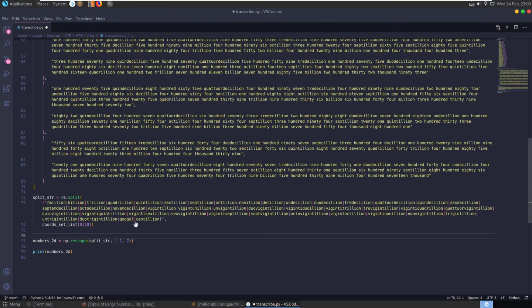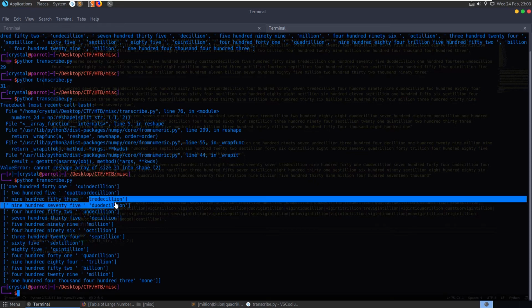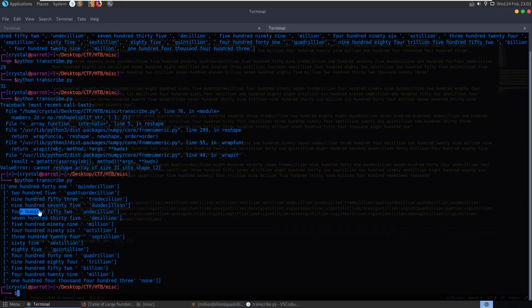So what we want to do is pad out the value. Let's say split string dot append, and then we'll just say none. Okay, and you'll see here now we have 141 quintillion, quindecillion. We have 205 quadradecillion or whatever. 253 tridecillion. 275, etc. It's looking good. It's looking good. The only thing is at the end we have this